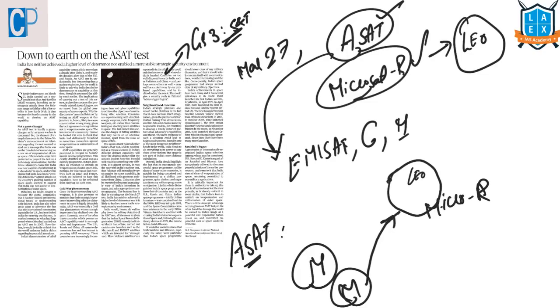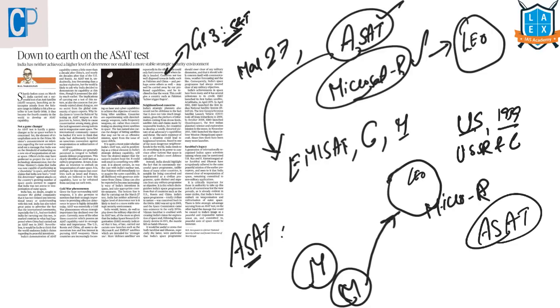The first anti-satellite test was carried out by the US military in 1959. Later it was followed by the USSR and China. So even this could be a possible question: which among the following countries had this capability of anti-satellite test mechanism. So they are the US, USSR, which is Russia, China and now India. Why is this technology used? In order to destroy, if necessary, the satellites that are owned by enemy countries